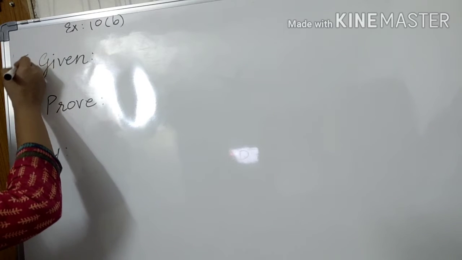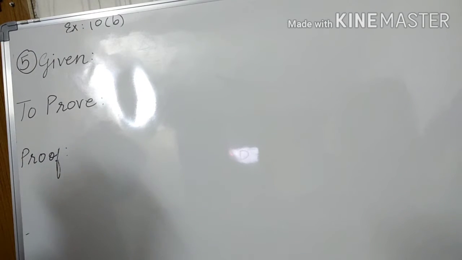It's question number 5. So here, in a quadrilateral ABCD, the diagonals AC and BD intersect at right angles. Prove that AB square plus CD square is equal to BC square plus DA square. Also, one note is written in the question. No marks will be given if it is assumed that ABCD is either a rhombus or a square. Means we will not assume ABCD a rhombus or a square.